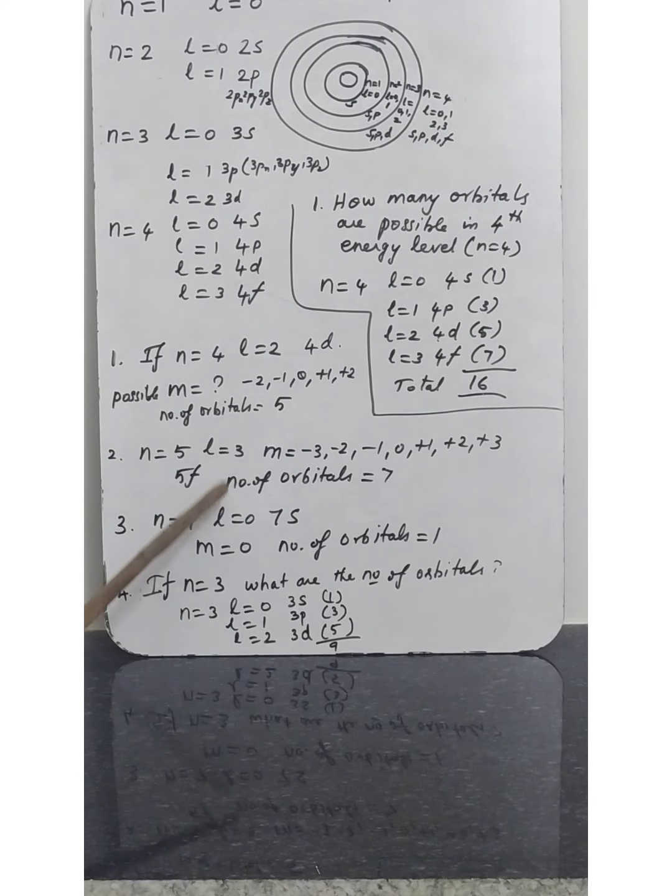L value, m value depend upon that. If they ask, for n equal to 5 and L value equal to 3, the electrons are present in which type of orbital? They will ask questions like that. So 5f orbital. If n is equal to 4, L equal to 2, what type of orbital will come? 4d orbital. Like that you should know. Understand or not? The designation is nothing but this: quantum numbers are used for designating the various atomic orbitals. That is, for the electrons we are putting in the various atomic orbitals, only these quantum numbers are used. Okay.